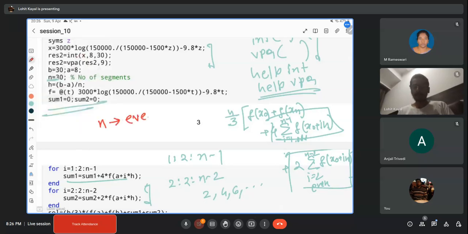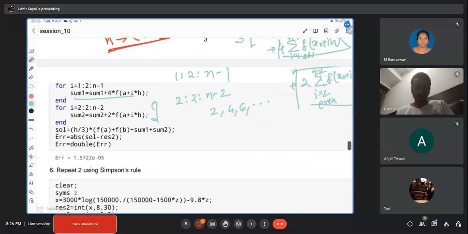N is the even number. You need to select n as an even number always, okay, for Simpson's rule. Now,